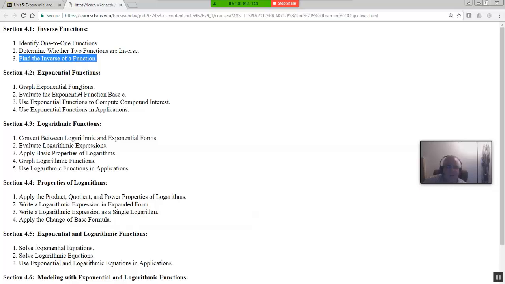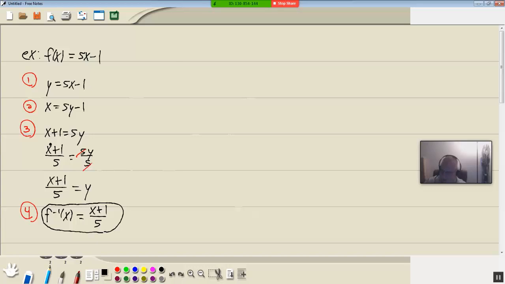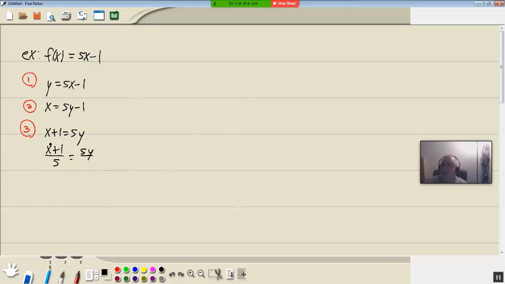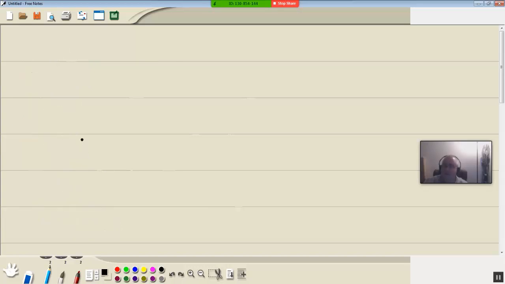Now going on to section 4.2, exponential functions. First topic is to graph an exponential function. So let me clear this off. Now I want to graph f of x is equal to 2 to the x power. Now an exponential function is where you got a function and you got a variable up in the exponent. That's what makes it an exponential function. Now to graph this,